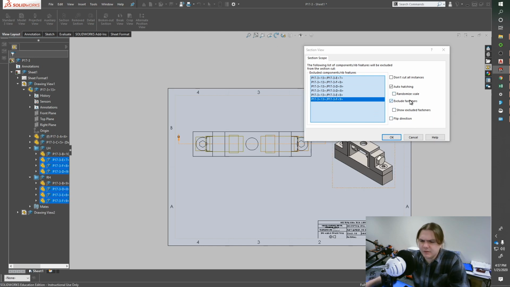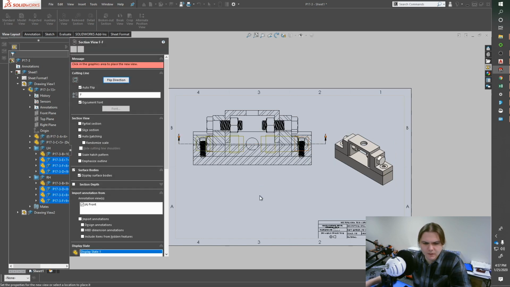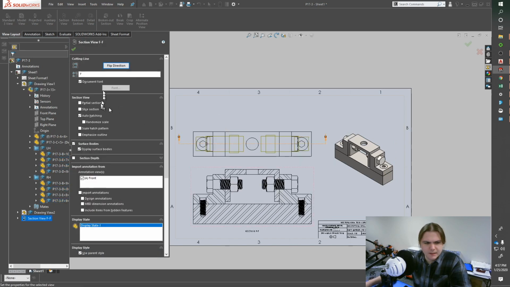There is an exclude fasteners option here. I'll have to dig into that one a little bit to see how that actually works, because you must have to somehow designate each component as a fastener, and then it will exclude it from the section view. I'm going to hit OK. Place my view there. I want this to be A,